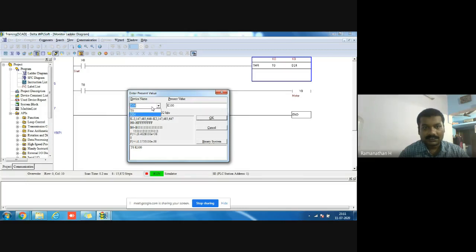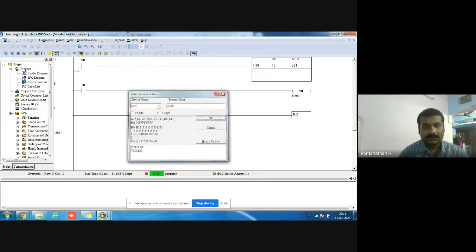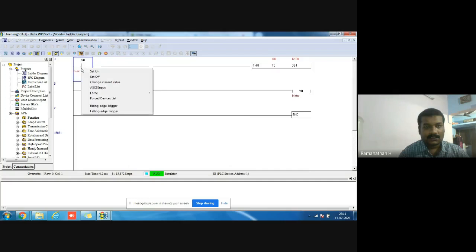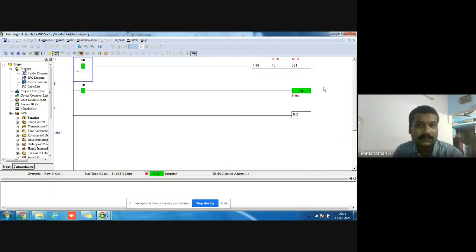Here I select the device. I select D4. I select timer. T0 is the coil. D4 is the register. So in D4, set 100 seconds. And now I turn it on. The timer will run. Once it has reached 100, the coil will turn on, the output will turn on. Okay.